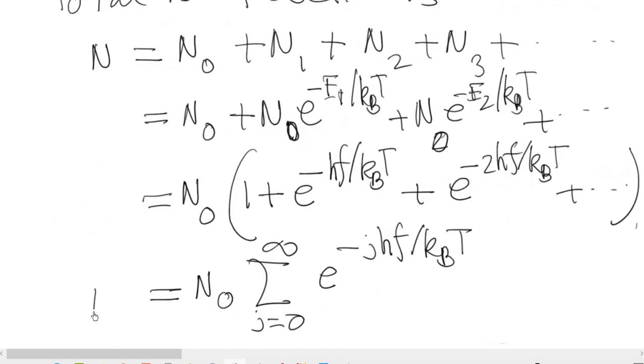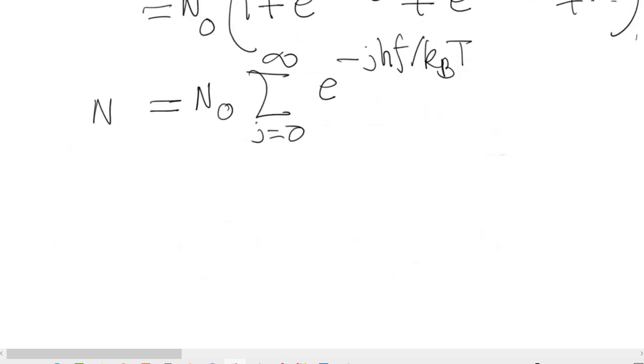So the total number of oscillators can be written like this,